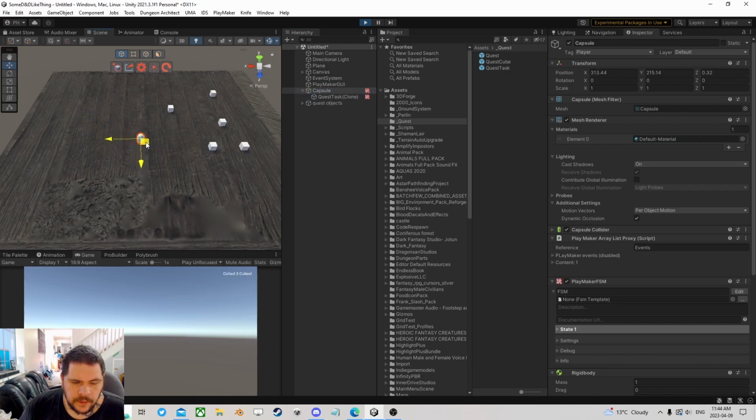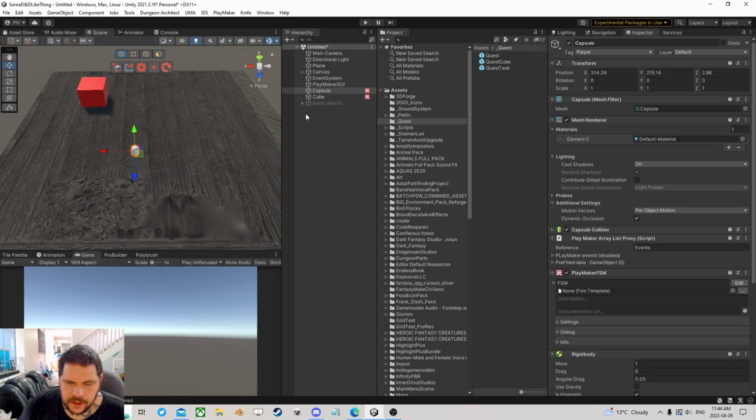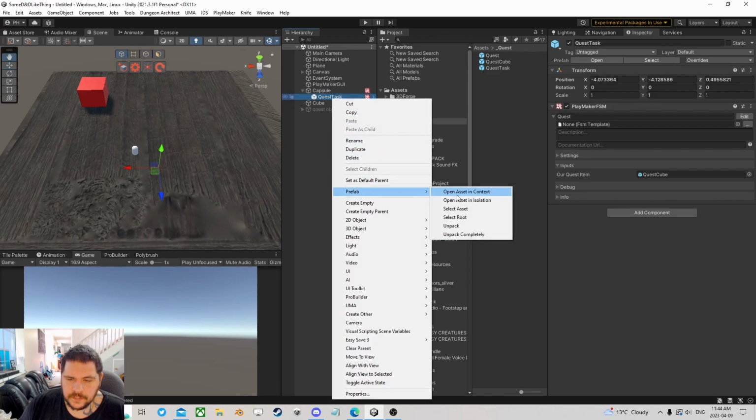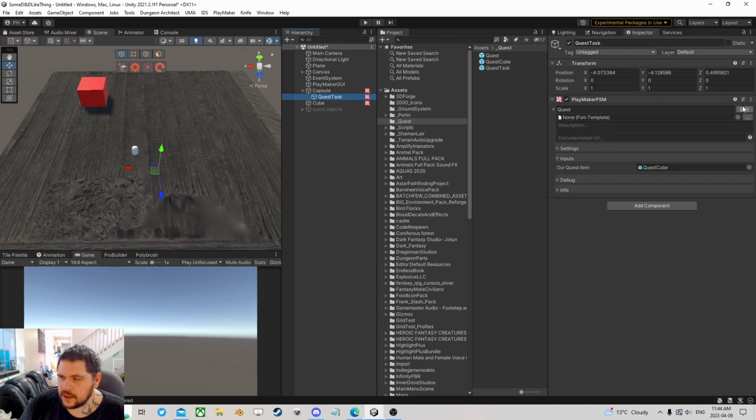So we go there. We've got our collect 3 cubes. There's 1, 2, 3. Quest complete, and then whatever X logic there. Okay, so cool, but not quite done yet. So we have this quest task. So I'm actually going to unprefab that and go back in it